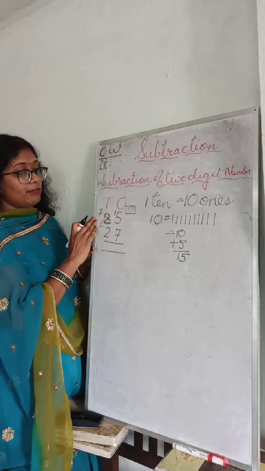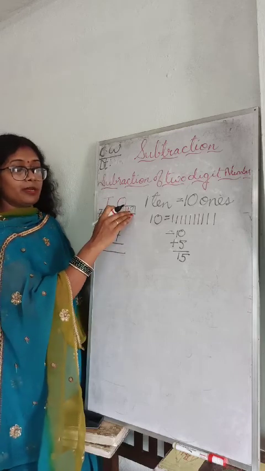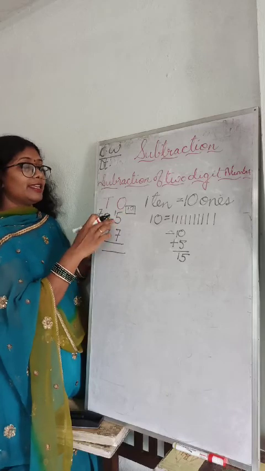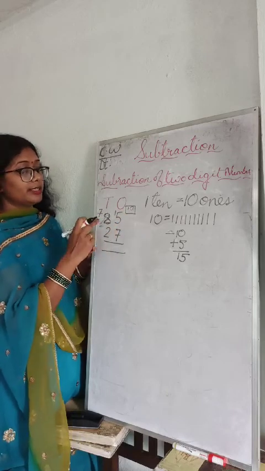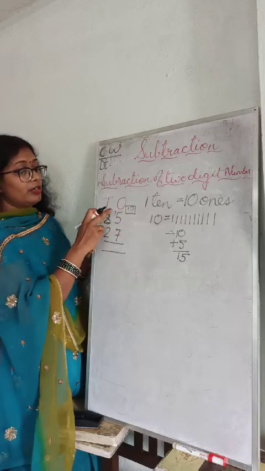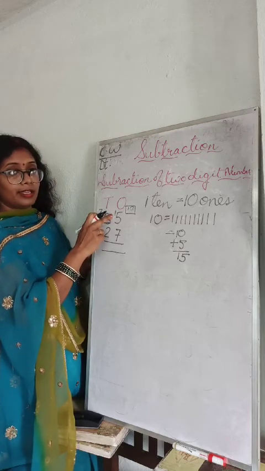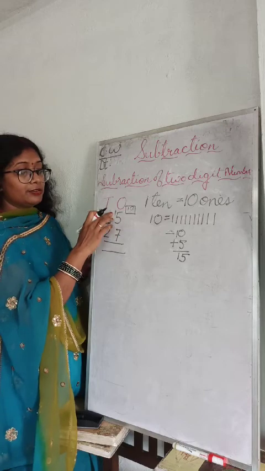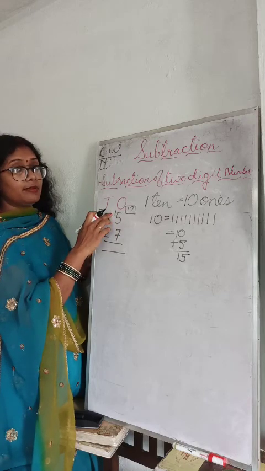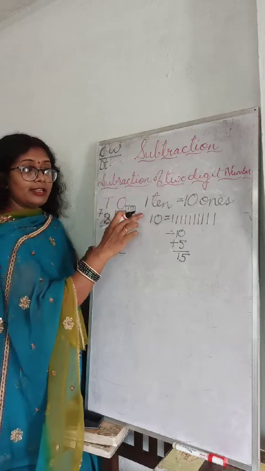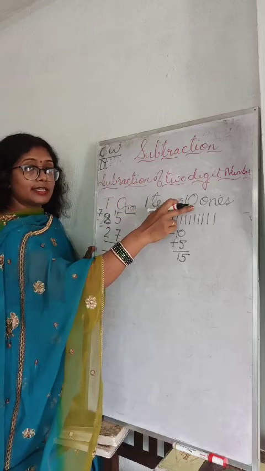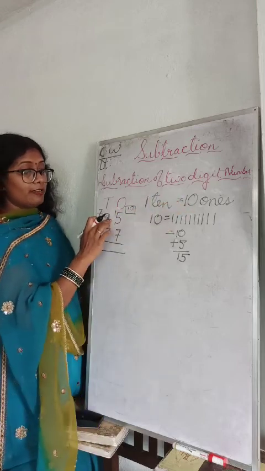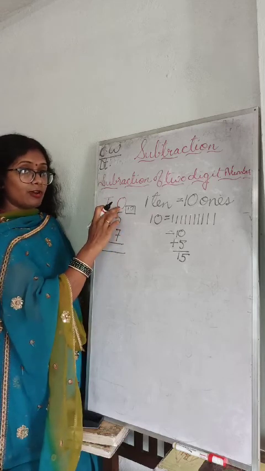या तो जो आपने 1 ten बोरो किया है उसे ऊपर में लिख दें तो 10 plus 5 15 हो जाएगा. या सिंपल जो नॉर्मली हम लोग करते हैं, 1 ten we have borrowed, we will write here 1. Okay, so this becomes 15. This one here means what? This one here means 1 ten. That is 10 ones. That we are writing 10 plus 5, 15. So 15 here means 15 ones.